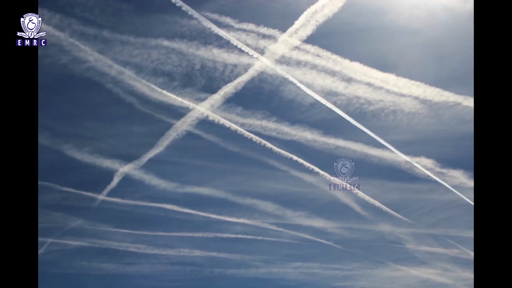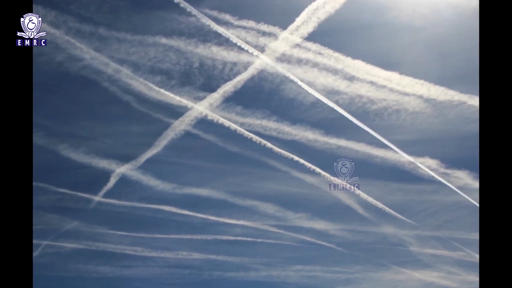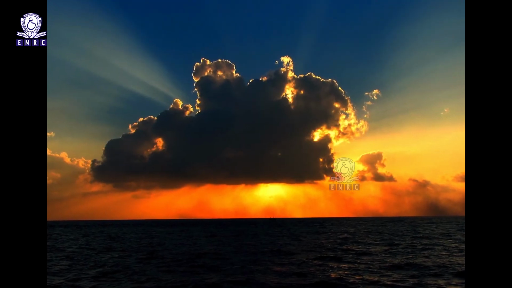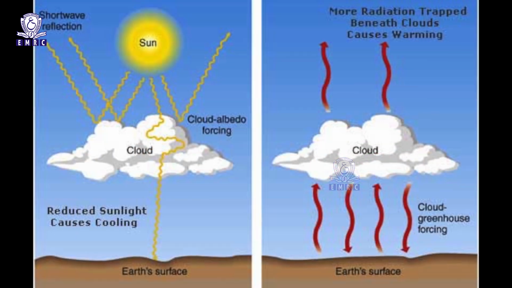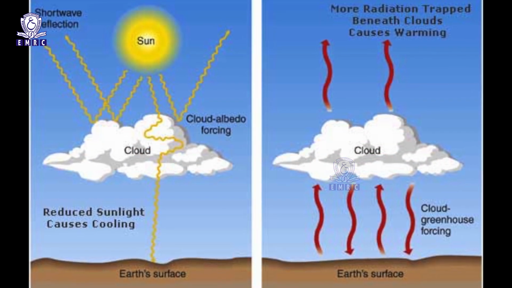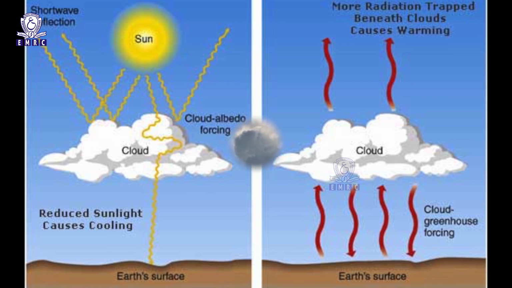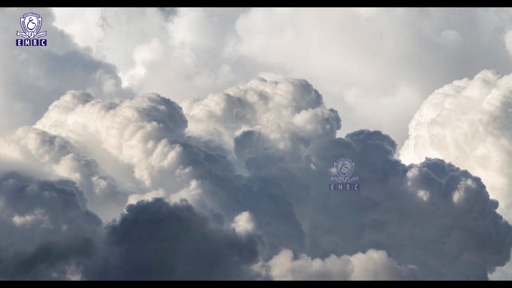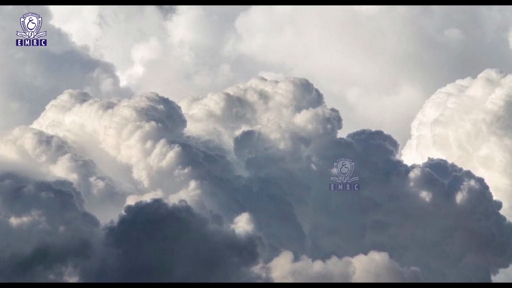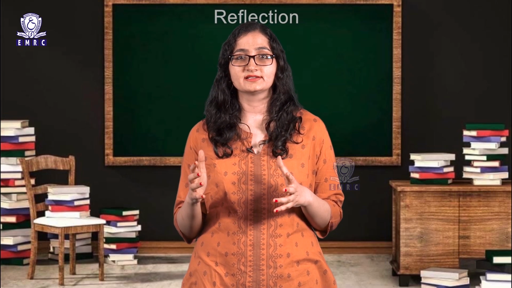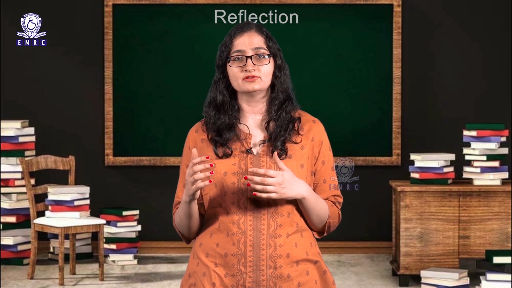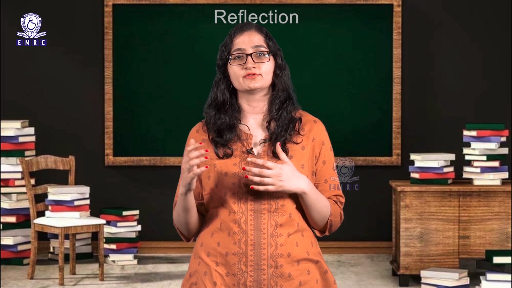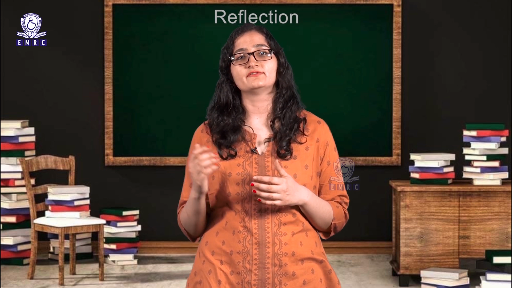It differs from place to place as well as from time to time in the same locality. It depends upon the amount of cloudiness and atmospheric impurities, the obliquity of the sun's rays, and the nature of the surface. The albedo for the Earth as a whole, also known as the planetary albedo, is 35%. It is to be noted that the clouds play the most important role in reflecting the incoming solar radiation back to space. Another characteristic feature of the planetary albedo is the fact that Earth's land-sea surface accounts for only 4% of the total 35%.